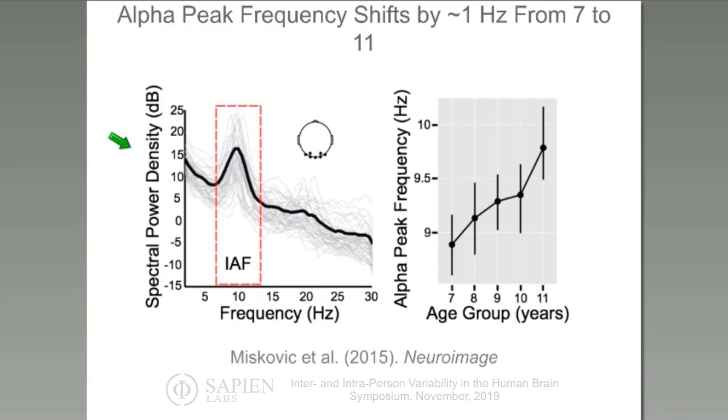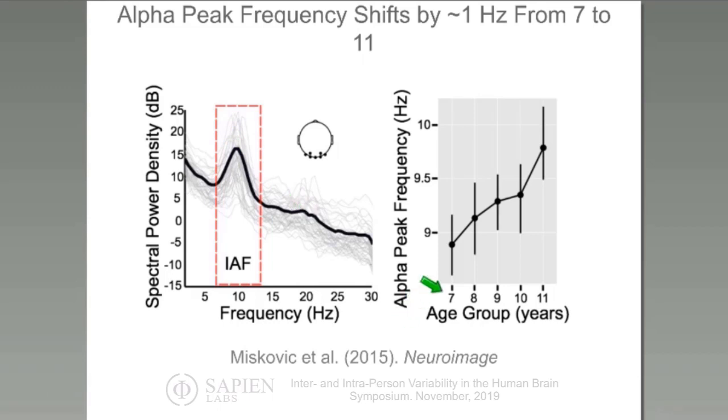So this is sort of an additional interesting metric that we can track. What we did was implement an automatic peak detection algorithm that looked, within each individual's EEG, for where their alpha peak was within this window illustrated by the red rectangle. Roughly speaking, between about 7 hertz to 14 hertz. So we know the peak is somewhere in that range, and then the peak detection algorithm finds it uniquely for